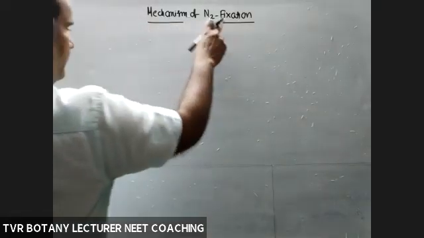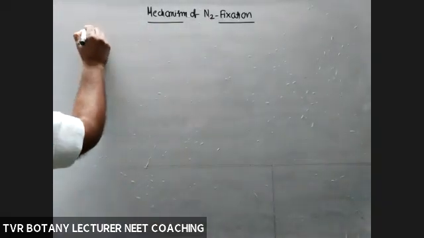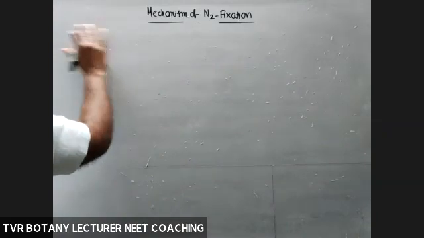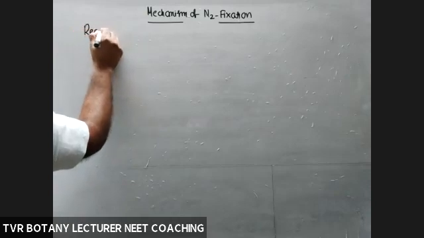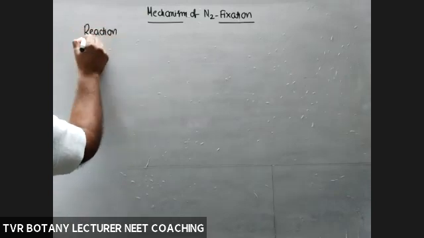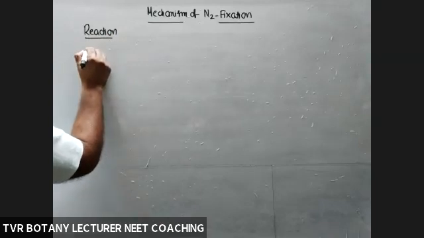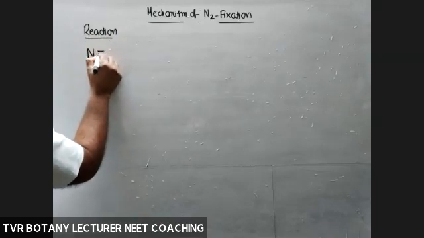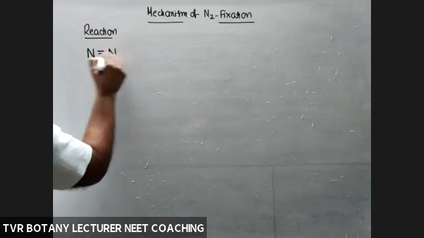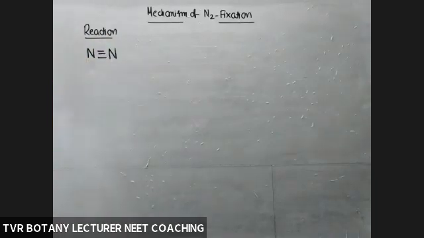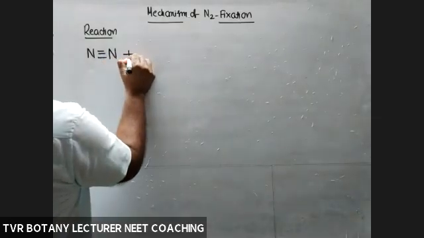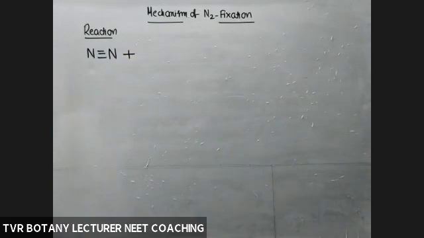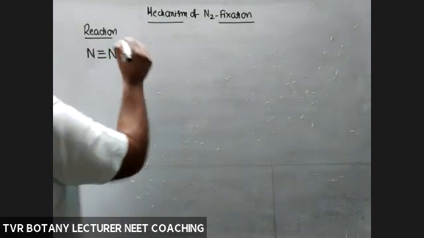Now, what about the mechanism of N2 fixation? Overall reaction, the balanced, summarized equation. What about the complete reaction? N triple bond N. This is one molecule only, diatomic. So what about the reducing power required? According to the definition of biological nitrogen fixation, N triple bond N is reduced. What about the reducing power?